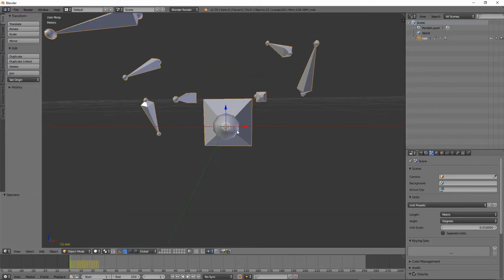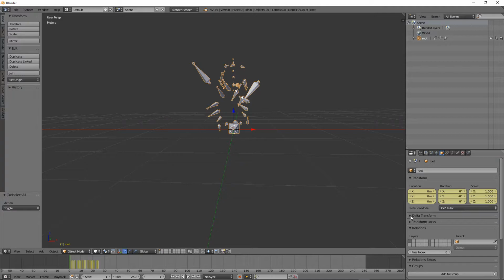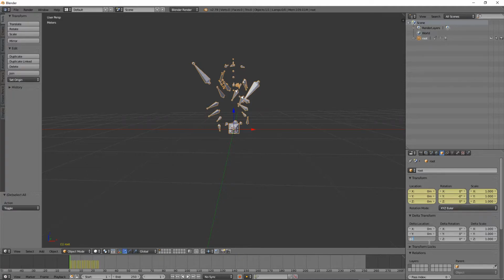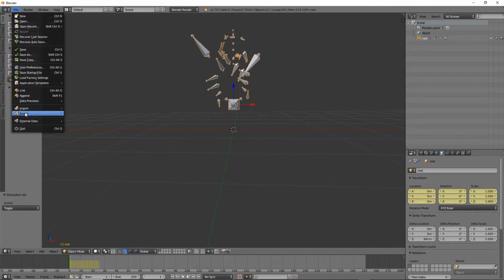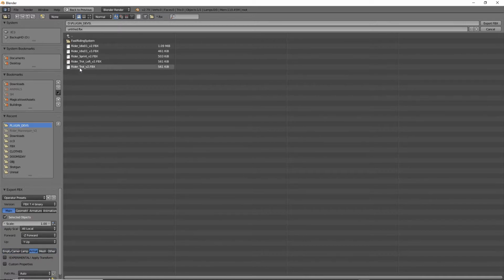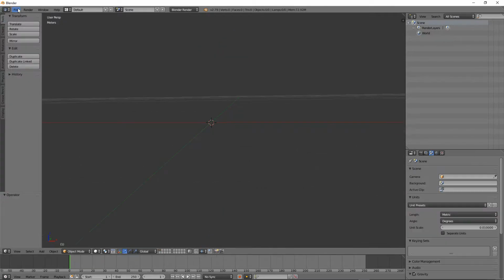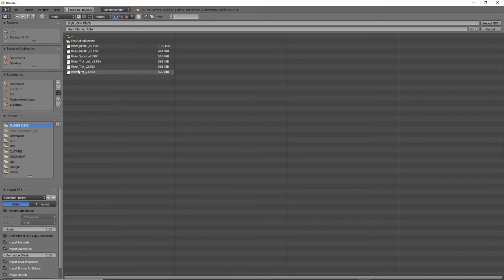Throat version 2, we did 60, right? Yeah. So we go to delta transform 60, Control A, location to deltas, export FBX, armature, selected object, throat version 3, export, new, import,